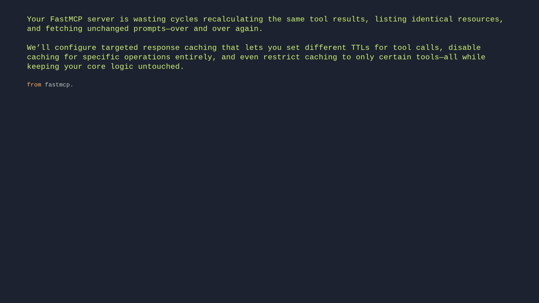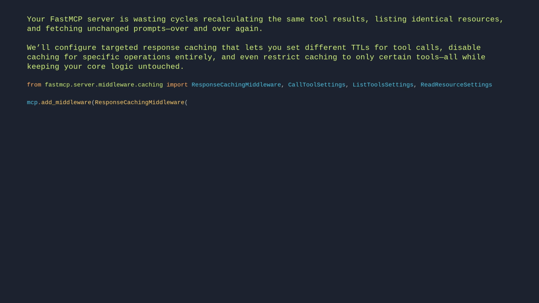From FastMCP server middleware caching, import ResponseCachingMiddleware, CallToolSettings, ListToolsSettings, ReadResourceSettings. mcp.add_middleware(ResponseCachingMiddleware(list_tools_settings=ListToolsSettings(ttl=30), call_tool_settings=CallToolSettings(included_tools=["tool1"]), read_resource_settings=ReadResourceSettings(enabled=False)))